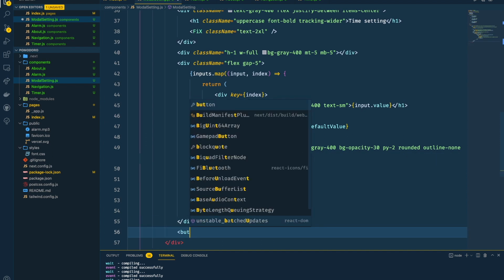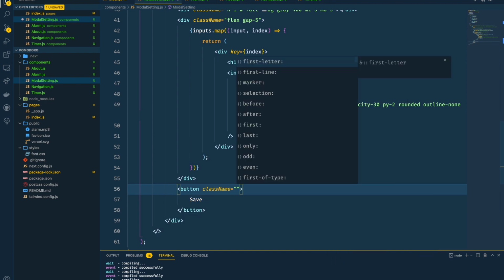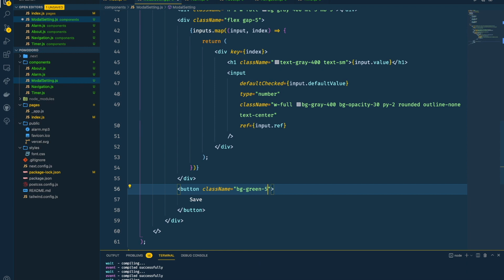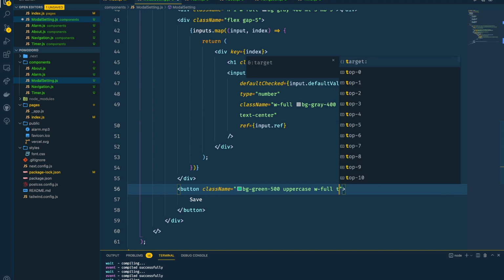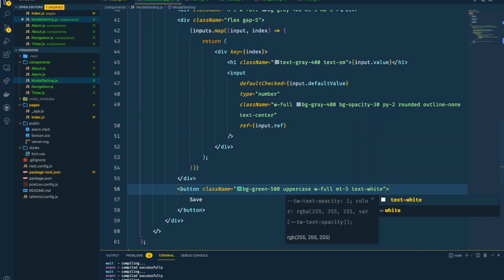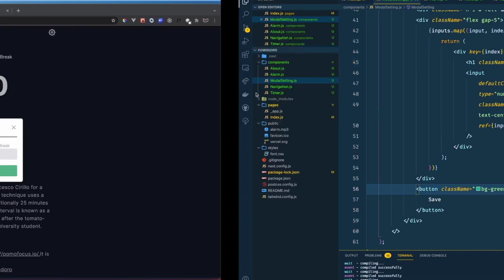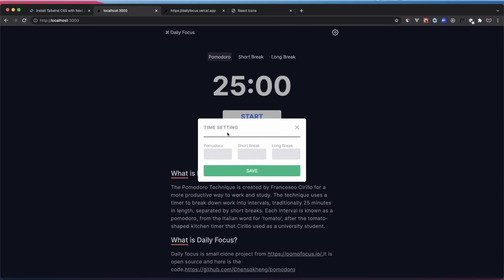The last one is we're going to have a button. So this one is going to be save, and then for the class name of this one is going to be bg green 500, and we're going to do uppercase, width is going to be full, margin top 5, a little bit of spacing on top, text to be white. And we're going to have a border radius, and I'm going to give a little bit of padding. Okay, so there we go. So you can see, very nice,